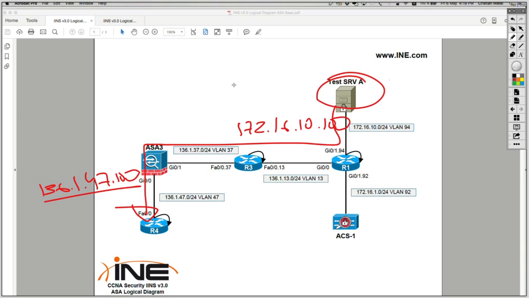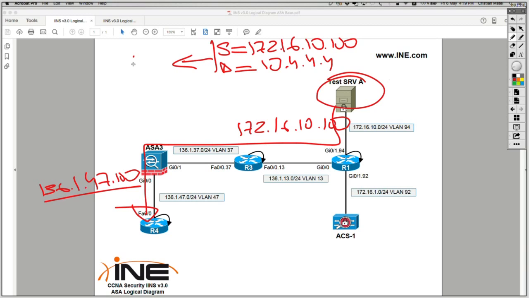But let's say that if traffic is sourced from server A, 172.16.10.100, and is destined to, let's say, the loopback of router 4, as traffic flows through the ASA firewall, I would want to NAT, of course keeping the destination as it is, destination 10.4.4.4, although I could NAT that as well using a twice NAT rule, but I want to NAT the source into something else, policy NAT into, let's say,